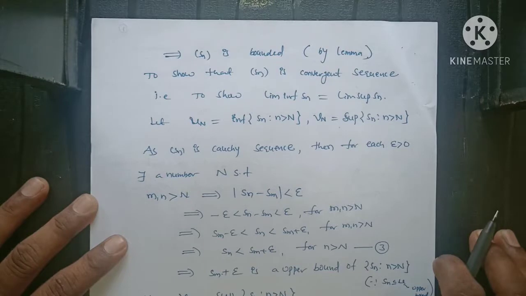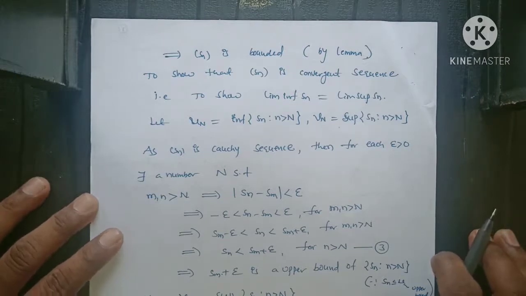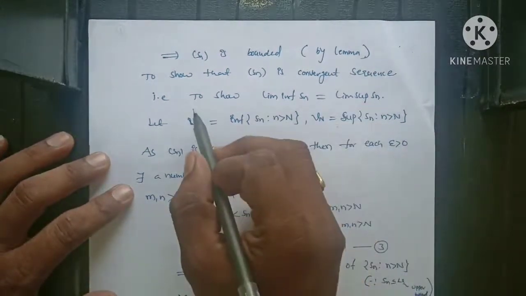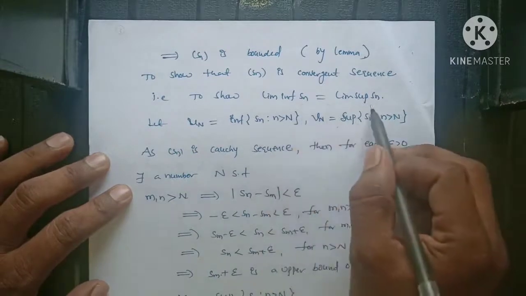Suppose I am taking Sn equal to 1 by n. What is the limit inferior and limit superior? Both are 0 because there is only one limit. So limit inferior is 0, limit superior is 0, so the sequence is a convergent sequence. For this scenario I can use the same concept here to show the limit inferior of Sn is equal to the limit